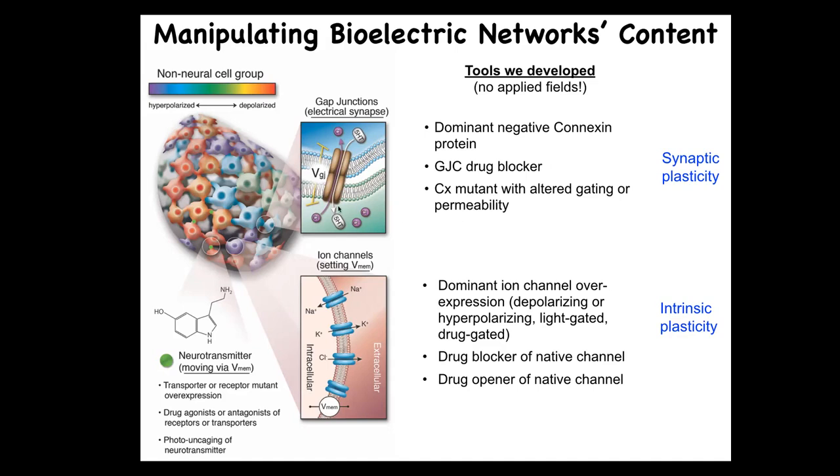So when you do this, what happens? If we were to change the electrical information, back when I first started doing this around 2000, what everybody said at the time was that what you're going to get is uninterpretable toxicity and death. It was thought that the resting potential in normal cells is a housekeeping parameter, that if you mess with that, you're just going to get toxicity. So it turns out that that's not the case, and that this information carries very specific instructive cues.